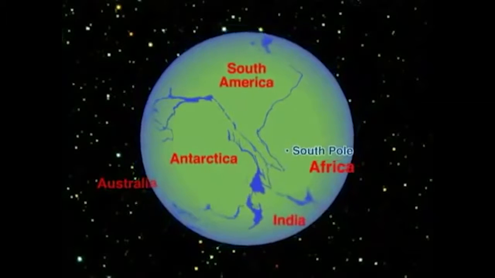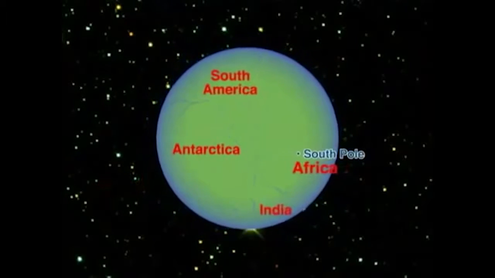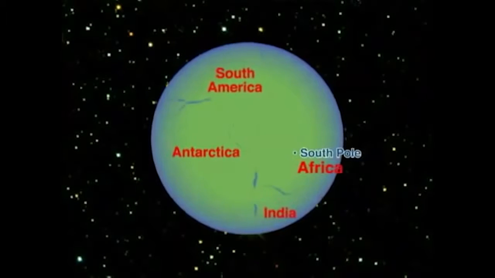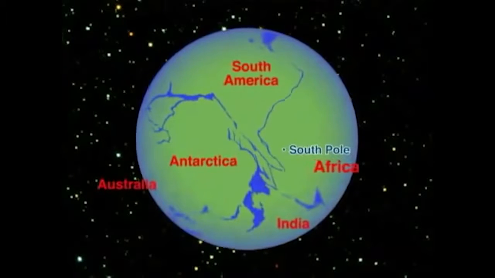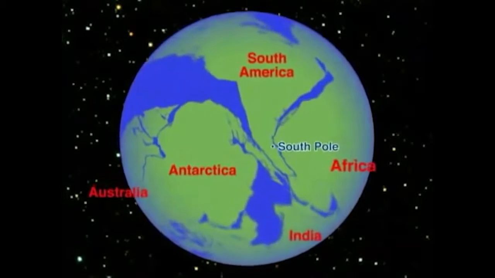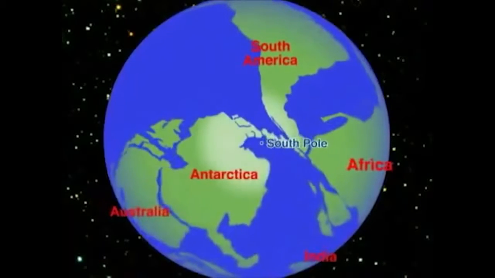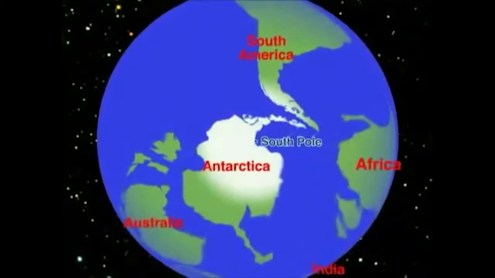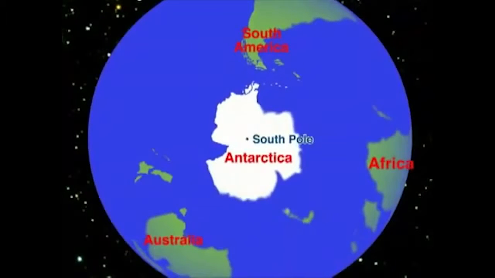65 million years ago and more, these continents were joined, and marsupials like the duck-billed platypus roamed from Australia, Antarctica, and across southern South America and up into Africa. The platypus. Dinosaurs roamed all over this world on the upper tectonic plate because there were no oceans, just shallow seas. Here today, Antarctica is frozen over, and Australia and its surrounding islands are the